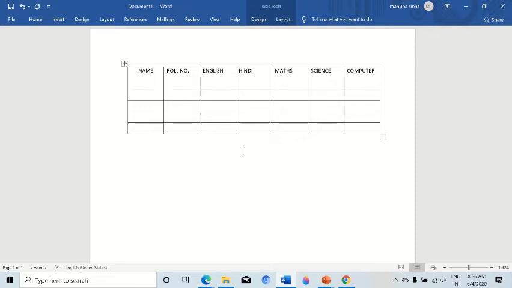We can navigate in our table by the arrow keys: upward, downward, left and right. Like this. Now type the name of any of your 5 friends. I am typing the names randomly